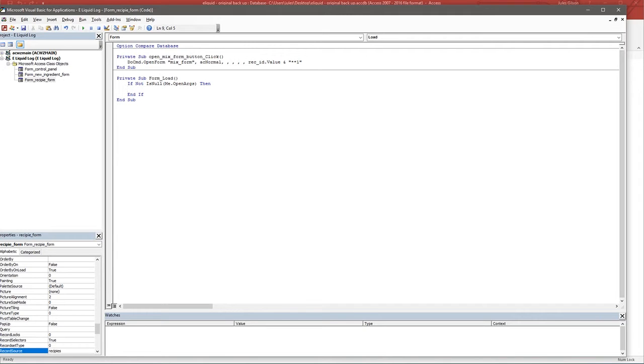So basically what we're saying is Me.OpenArgs contains any data that was passed when we opened the form. So what we're saying, if it isn't null, i.e. if this isn't empty, i.e. if it contains something, then do this, else just carry on and do nothing. So if it isn't empty, what we need to do is we need to check to see if it contains "new". So again, we can just put if Me.OpenArgs equals "new",